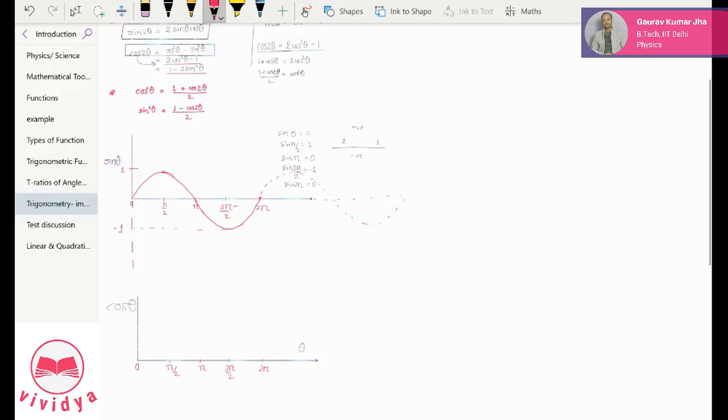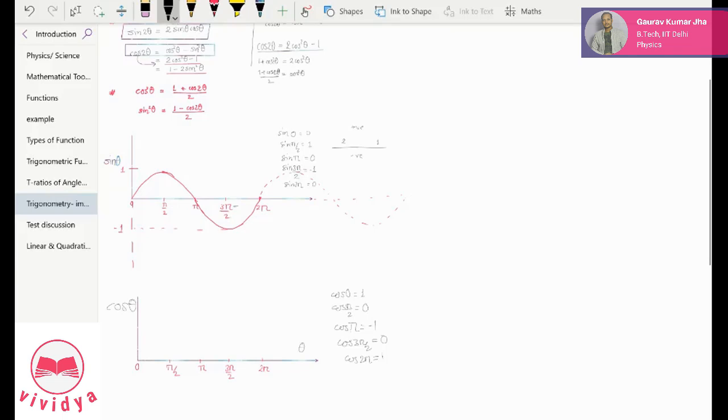So how does it look? It looks something like cos 0 degree, right? How much is cos 0 degree? Correct. Cos 0 degree is 1. We know that. Cos pi by 2 or 90 degree is 0. Correct. Cos pi, sorry. Cos pi is equal to what? -1. And cos 3 pi by 2, as you can guess, is 0. And cos 2 pi is how much? 1.